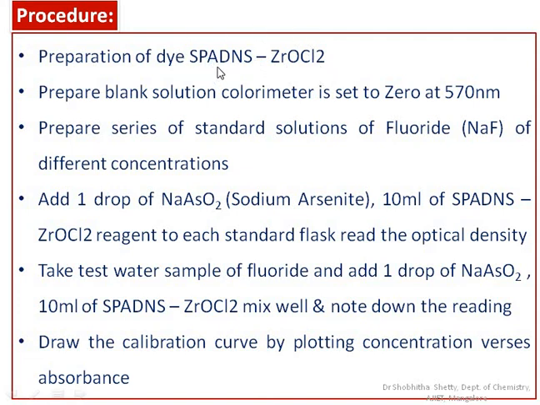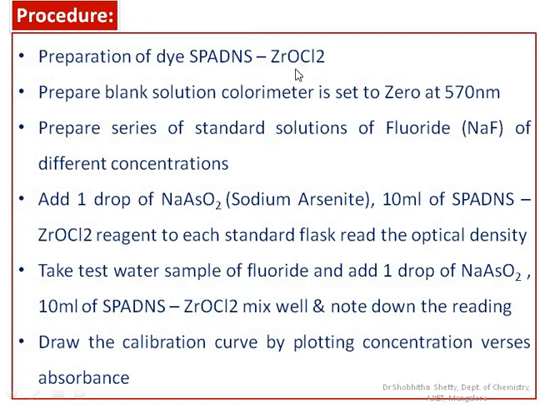It forms the ZrF6 complex along with the fluorine, and the color of this dye, which was originally red, becomes lighter as the concentration of fluoride increases. So based on the color intensity, the absorbance or optical density value also varies. Using the calibration curve, we can plot the graph and compare the absorbance value of the unknown test sample, and we can easily identify the concentration of fluoride ion.